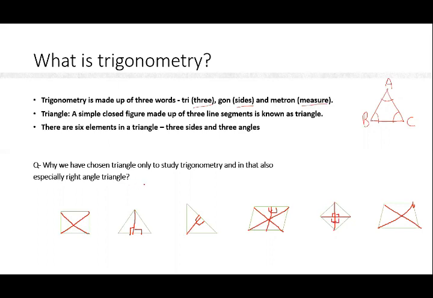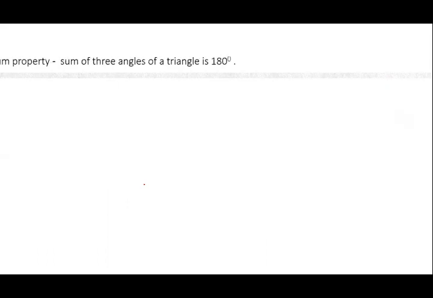So it is very easy for everyone to draw a right angle in any triangle. Now, we have learned the relationship between the angles of a triangle, as well as the relationship between the sides of a triangle. So first we will just recall the relationship between the angles of a triangle. We know that this property is known as angle sum property. And this property shows that the sum of three angles of a triangle is 180 degrees.